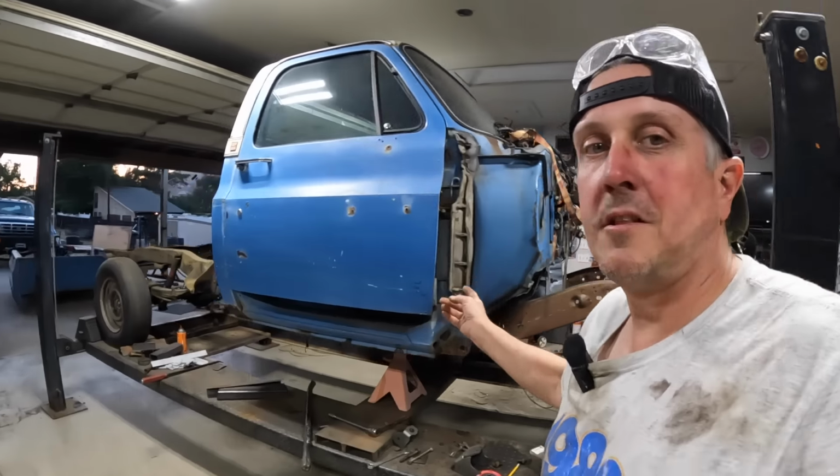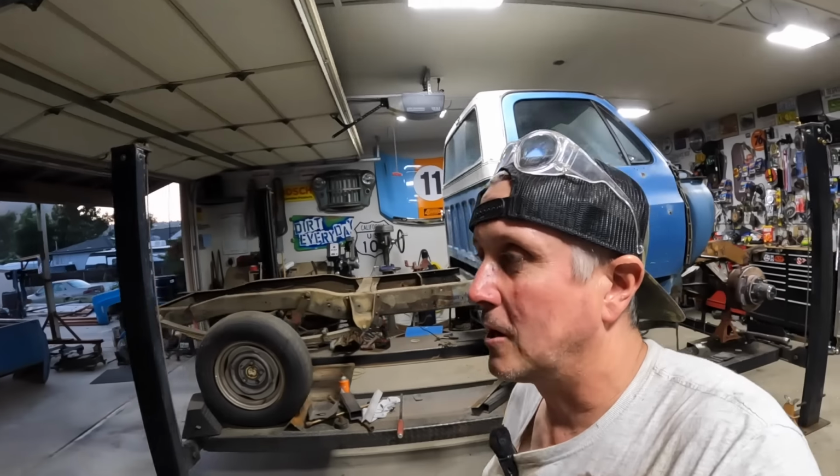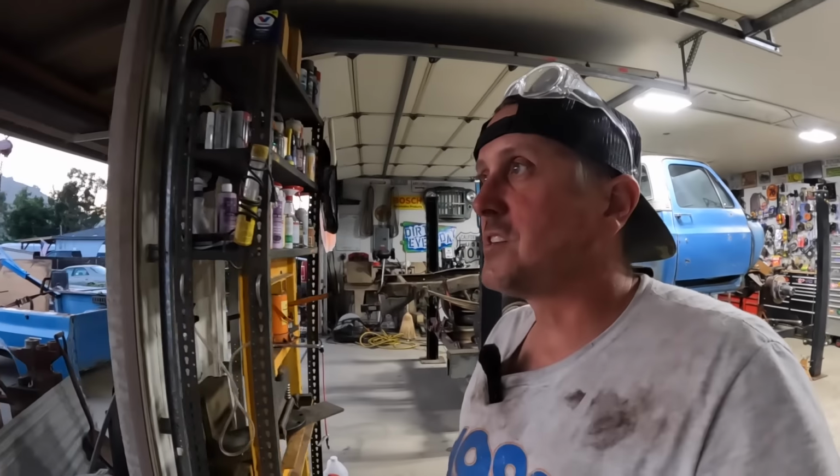We just got done cutting the other door and jamming Bitchin' Camaro on the radio, and Mark's neighbor Rob just